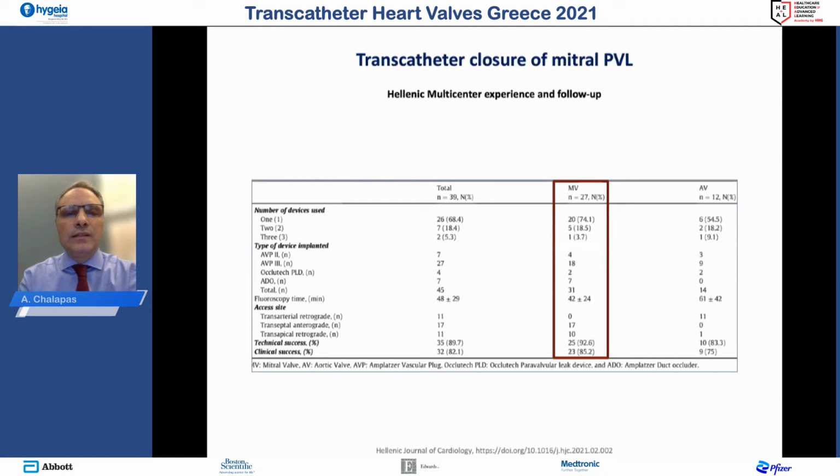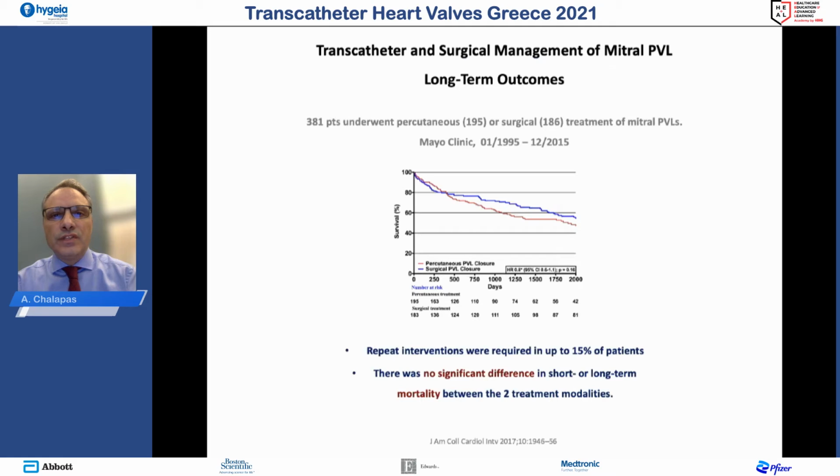Recently, we published the Greek experience from different centers, almost 40 cases, 70% of which were defects in mitral position. And we see that the AVP3 was the most frequently used device, and the transseptal approach was the access site in 60 to 70% of the cases. Finally, data coming from Mayo Clinic showed that when we compare surgical closure with transcatheter closure, there was no relevant difference in terms of